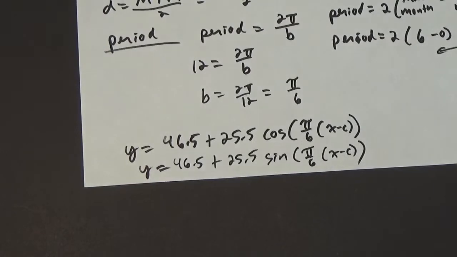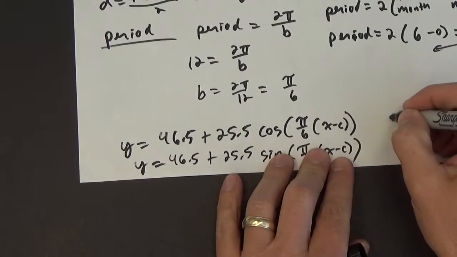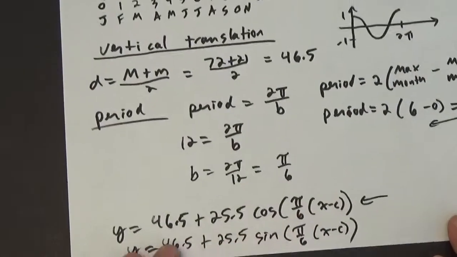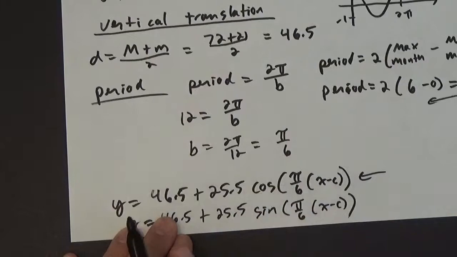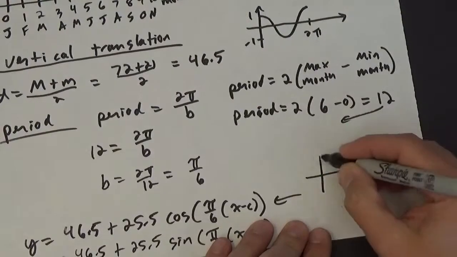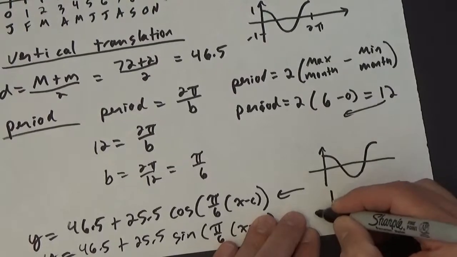Okay, now we got to choose whether we're going to use cosine or sine. And technically there is no wrong answer. I mean, they both can work out. However, I like to always work with cosine. And the biggest reason I like to work with cosine is it's easier to perform this horizontal shift back and forth. You see, cosine, if we look at this, cosine starts at its peak and goes down,